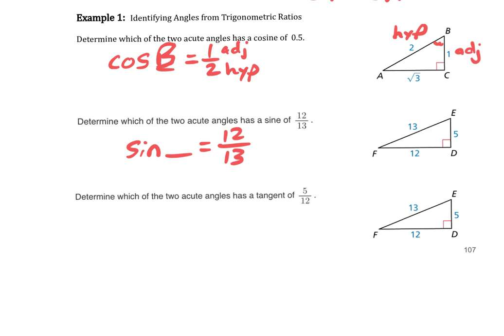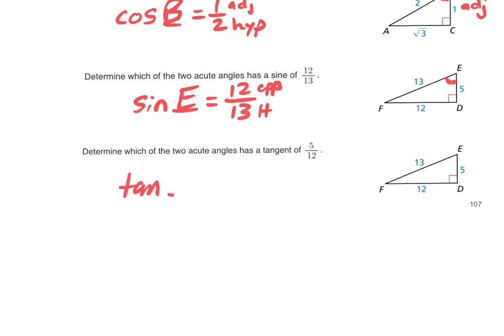Well, sine is opposite over hypotenuse. Okay, so we already know this is the hypotenuse, but we need this to be opposite because we're using the sine function. So which angle is opposite of 12? Is E or F opposite of 12? E, okay? E is across or opposite of 12. So E is the angle that we want. I wouldn't want to put F here because 5 is opposite of F, okay? And so we got to decide, first of all, is it sine or cosine, and which side are we using? And then the last one,